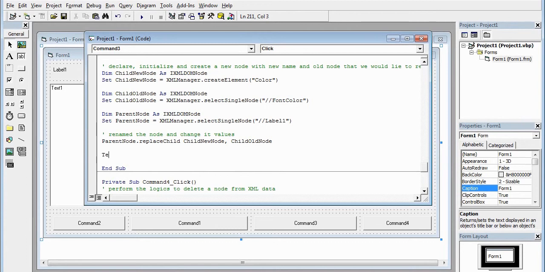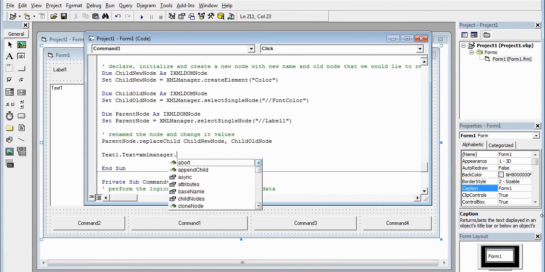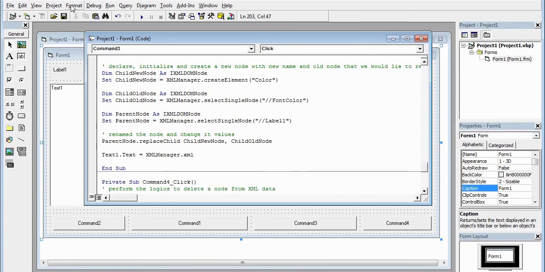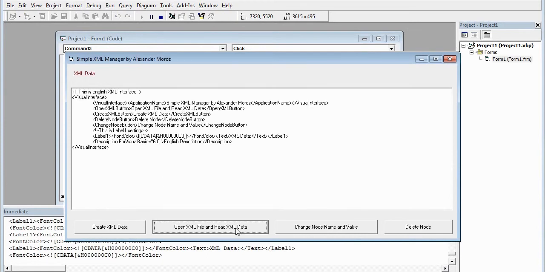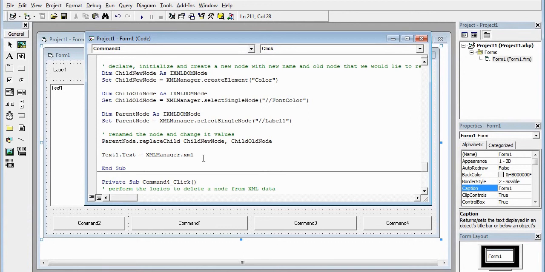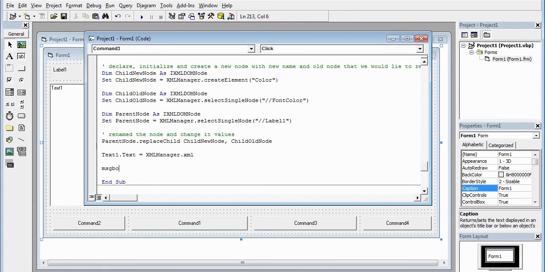So I need to say Text1.Text equals the new XML manager, or XML manager with the new data, XML. And I'm going to go ahead and click the run button, and let's have a look. Now after clicking on change node name and value, it should change the node. Actually, let's go ahead and put a message for us, and I'm going to say message box. And what I'm going to do, I'm just going to say that